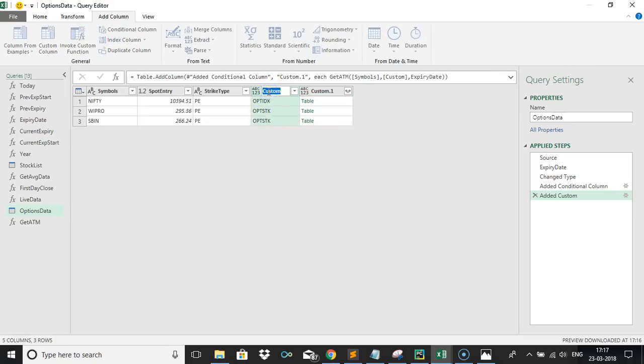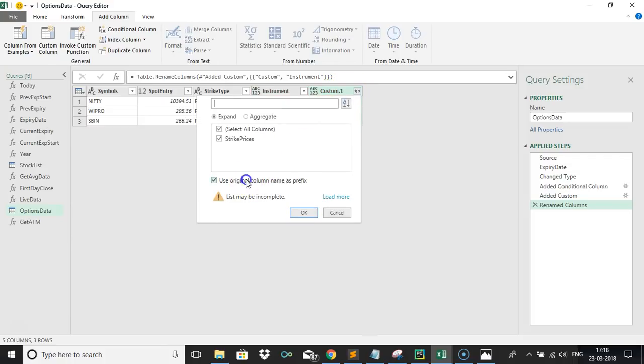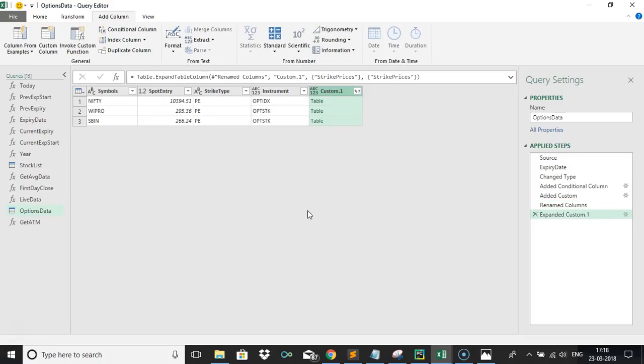Great. You can rename this to instrument, and expand this. You got this 10,350, 380, and 400. SBI is 295. Sorry, why are we getting this as 400? Let me tell you why it is. The reason is